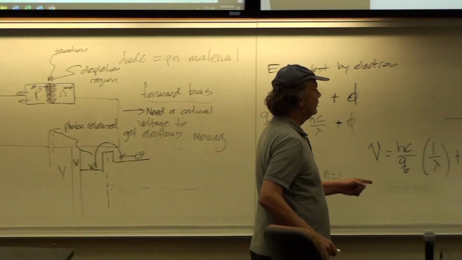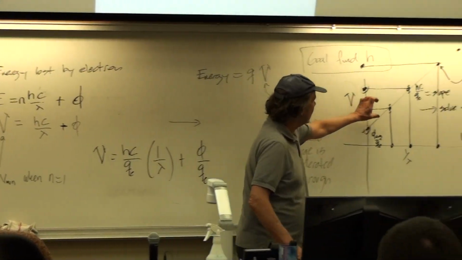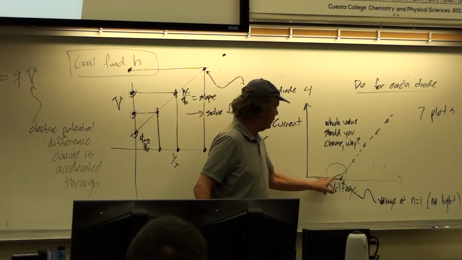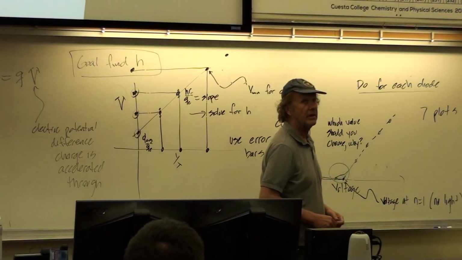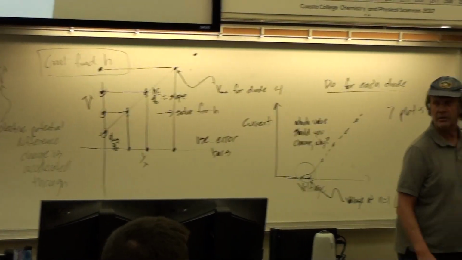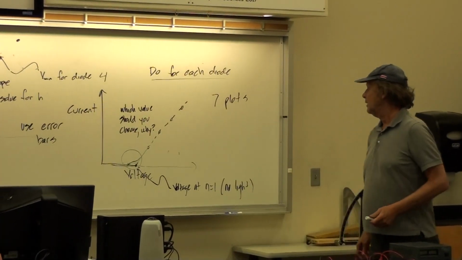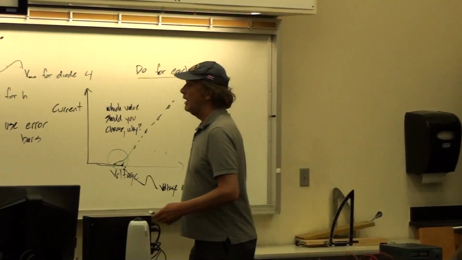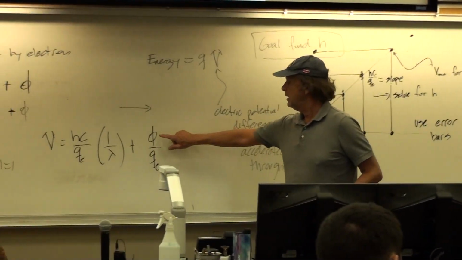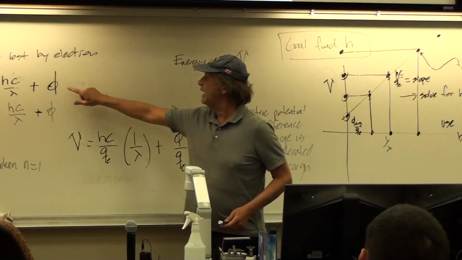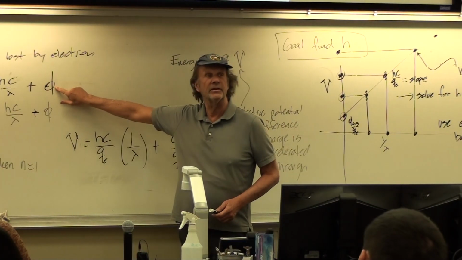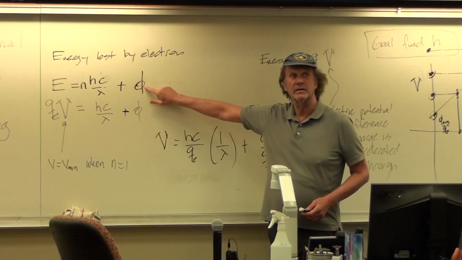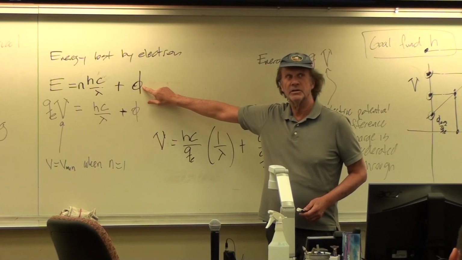But the assumptions that we're making here, your error bars aren't just about which of these choices of 0 voltage you're going to want to select. It's also about assuming that the energy lost during the electron's interaction is the same for every semiconductor. Is that a good assumption? Well,